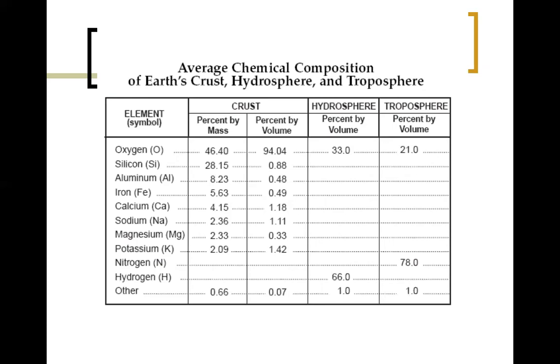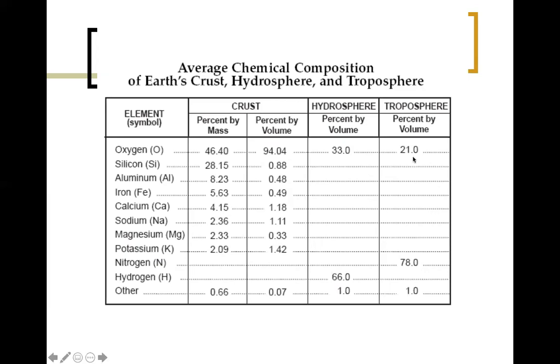Just a quick note, I don't know if you can see my cursor, but hopefully you can. If you look at the hydrosphere, which is that column there, about the third one over, and look at what's in it, it has 33% oxygen, 66% hydrogen, and 1% other. Well, think about that. Hydrosphere, that's your water on Earth, so H2O. And look at that, H2, meaning 66% of it is hydrogen. And then O, the remaining chunk of it, is oxygen. So kind of an interesting little thing there that basically says that the hydrosphere is made up of H2O,